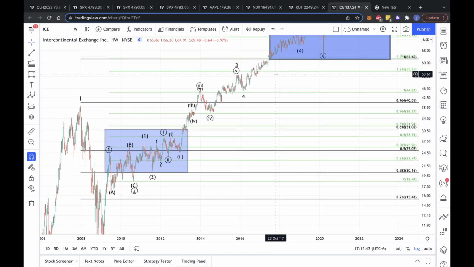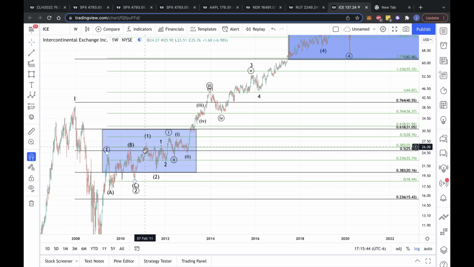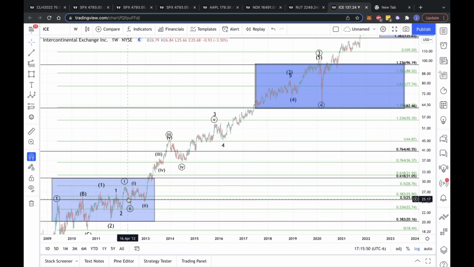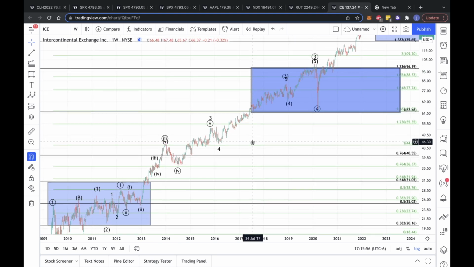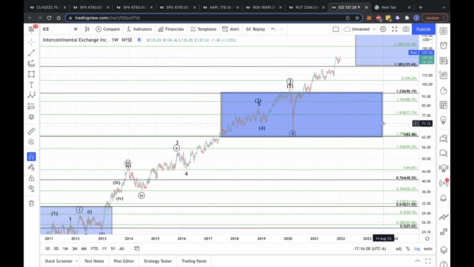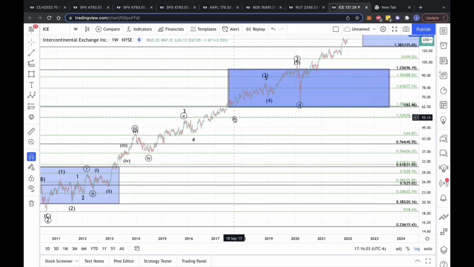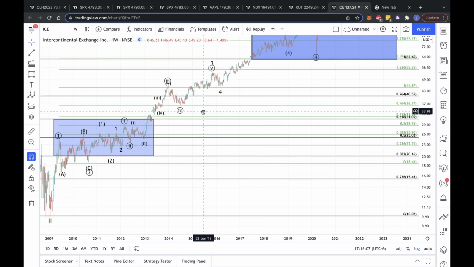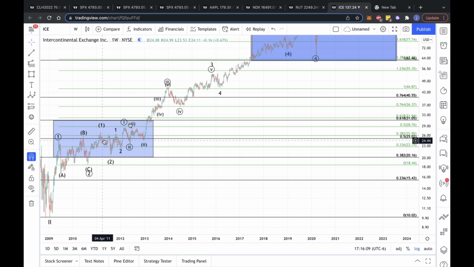Let's see how that tracks. Okay, so we have our 1 of 3 at the 0.382 extension. And now we have a big extension here with all these 1-2s where our 1.0 was just our 3 of 3. This is sort of an interesting count here. It does work, and it's definitely sort of tricky at the micro degree here with all these sort of nested